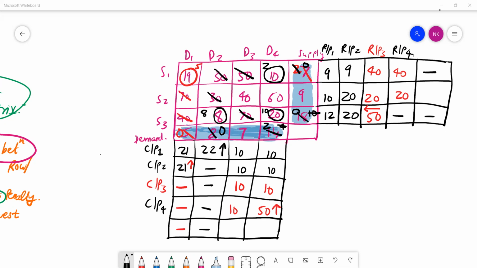Now let's move to the fifth iteration. Column penalty 5, row penalty 5. Over here, the first row is ruled out. The second row, the difference is 20. The third row is ruled out, the first column is ruled out, the second column is ruled out. The third column, we don't have any of the values. See, we are actually taking the difference between the two lowest values.